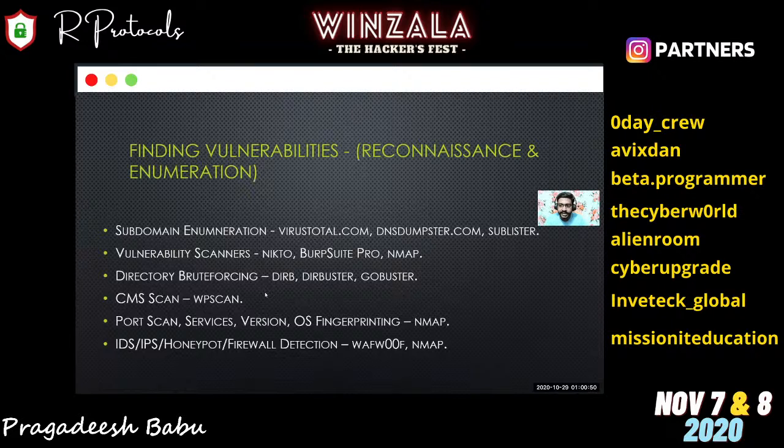And coming to the CMS scan, CMS means content management system. There are many CMS available in the internet. Some famous CMS like WordPress, Joomla, like that. Not Django, Django's a framework.